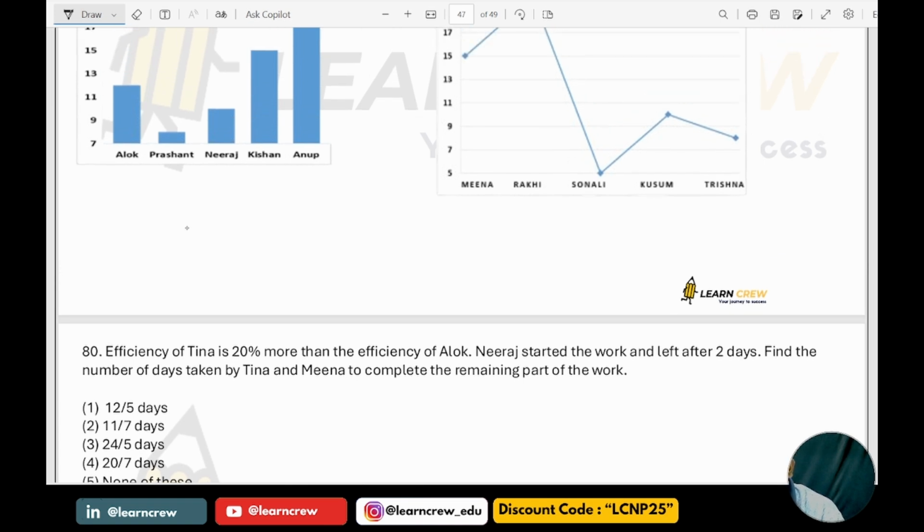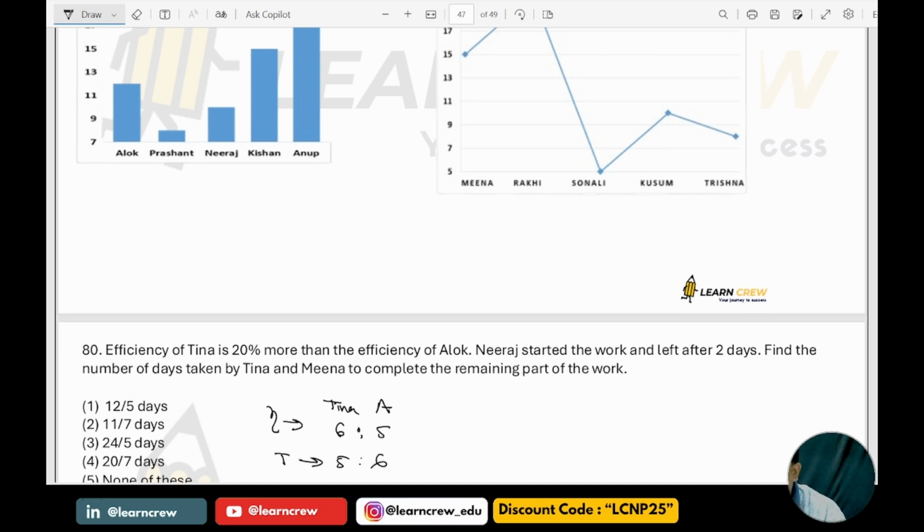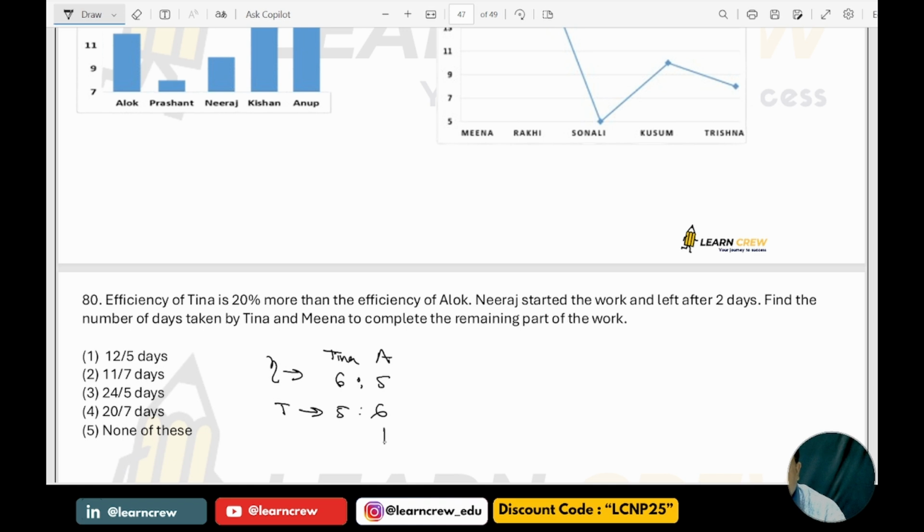12 days. So here efficiencies of Tina and Alok are in the ratio 6:5. Thereby times taken in the ratio 5:6. It is already known as 12. So it is 10. Now